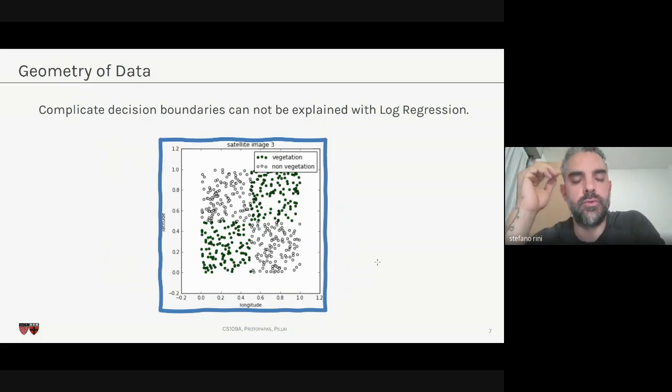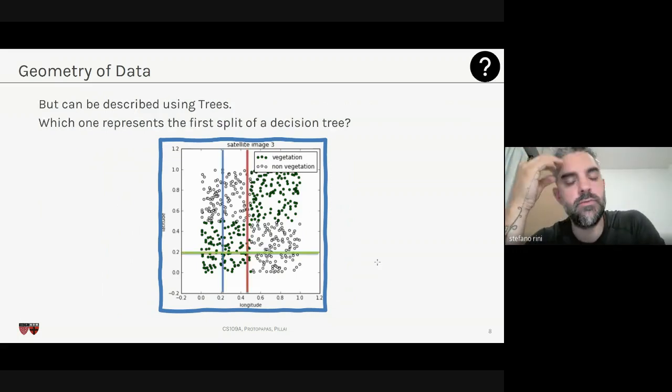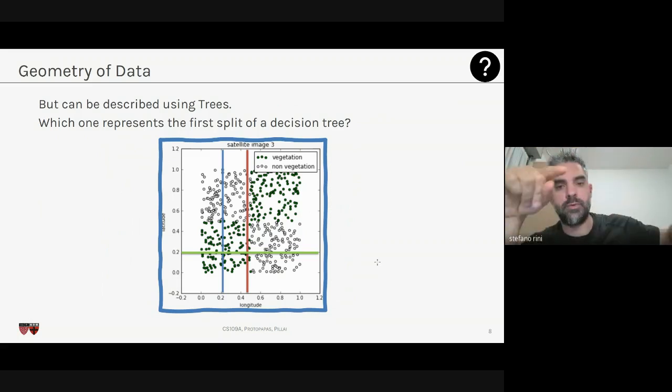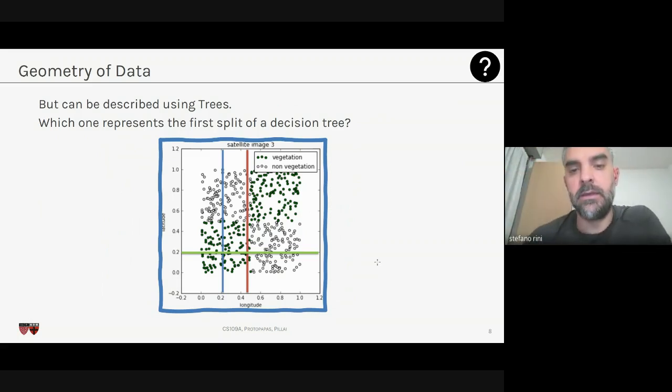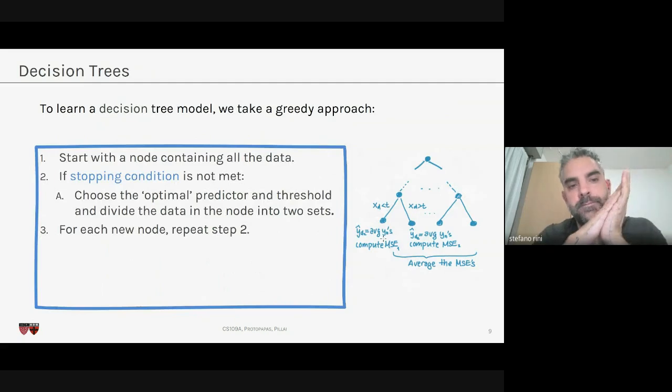So in order to tackle these cases, we figured out that we can use decision trees, where basically it's an inference, a regression or classification structure in which you choose a variable, you create a split over that variable at a certain step, and then you proceed inside the region by splitting using another variable. If you do this, then you come to these beautiful decision trees, and that's what we discussed. So in general, creating the optimal decision tree is too hard. So what we do usually is just use a greedy approach.